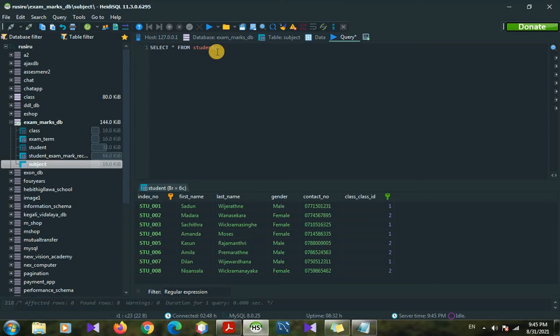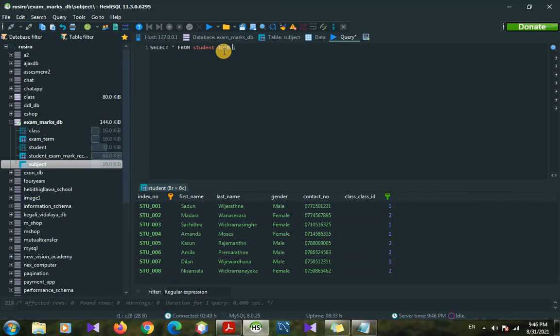Then we can use a where clause. Here we can join first the class table. So here we can type join. We have to keep a space between the table and the join keyword.